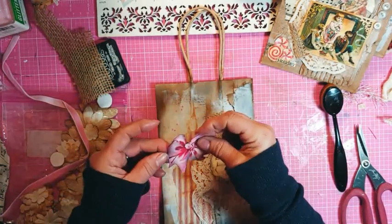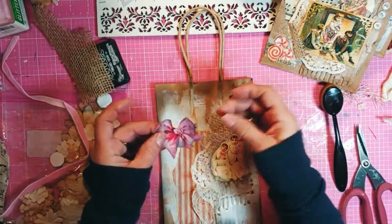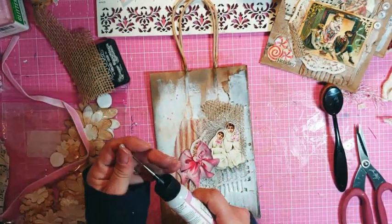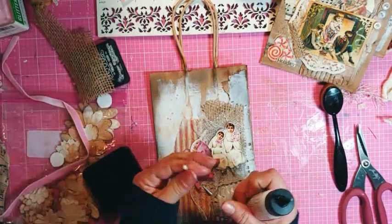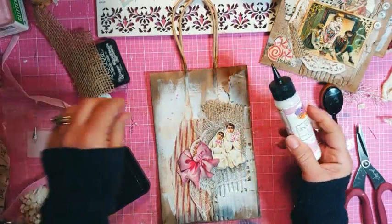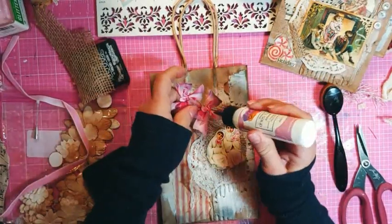So I'm just turning these bows so they look fuller. And let me see. I had to rig my glue. See? Nope. I messed it up. Okay, that's... I'm going to have to...